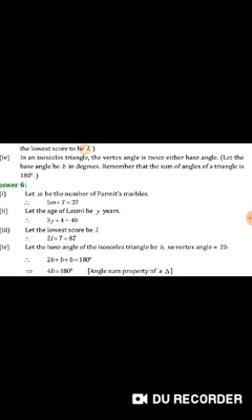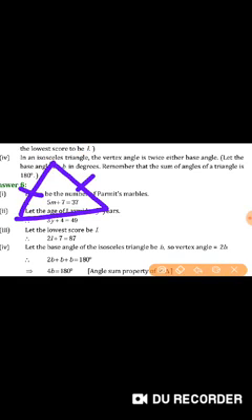Remember that the sum of the angles of a triangle is 180 degrees. See, in an isosceles triangle, if the two sides are the same, the opposite angles are also the same. They said the vertex angle is twice, because it is the vertex. Why have we taken this? Because these two sides are connected here with an angle. That's why it is 2 times.